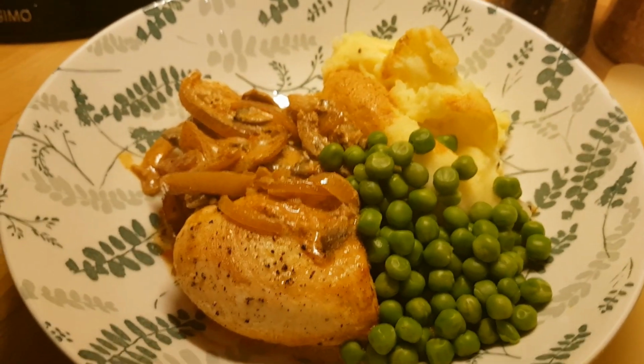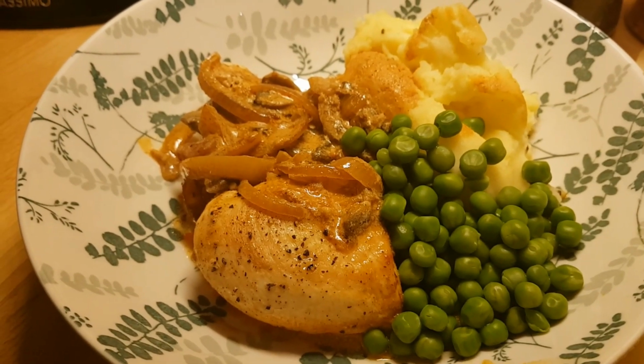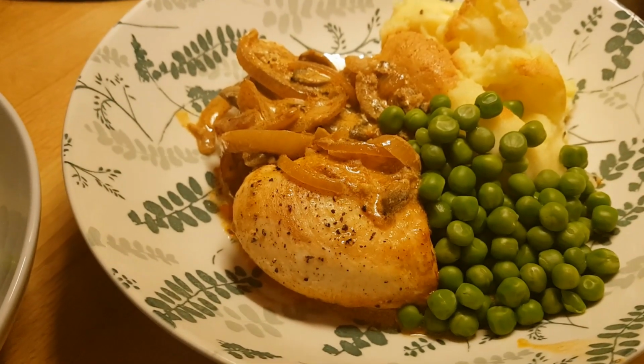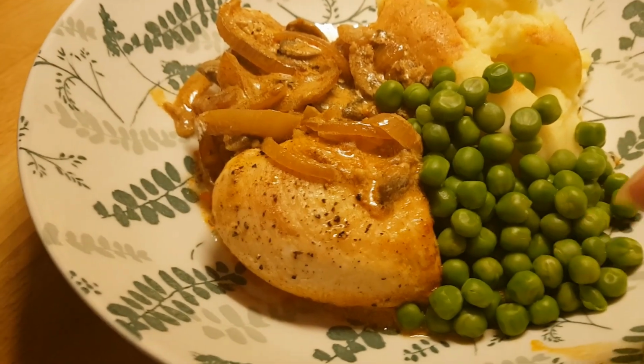But quick and simple supper really. It took about half an hour to cook from start to finish. And as I said, you could do this with pork steaks. Pork stroganoff is quite a common dish as well. You could also use chicken thighs. You could use diced up chicken if you wanted to, but it actually is quite nice with the big pieces